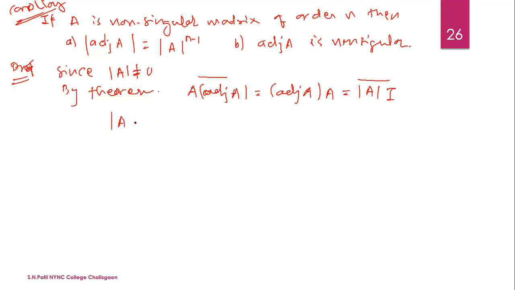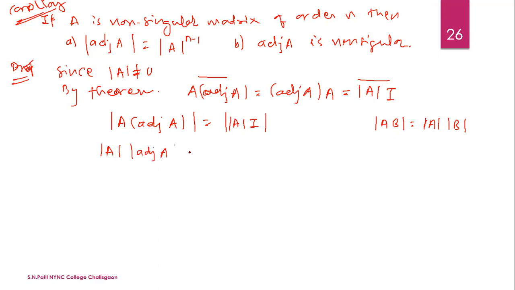Taking mod on both sides, determinant of A into adjoint of A is equal to the determinant of determinant of A into I. Now we know the property of determinant: determinant of A into B is the same as determinant of A into determinant of B. It can be written as determinant of A into determinant of adjoint of A is equal to